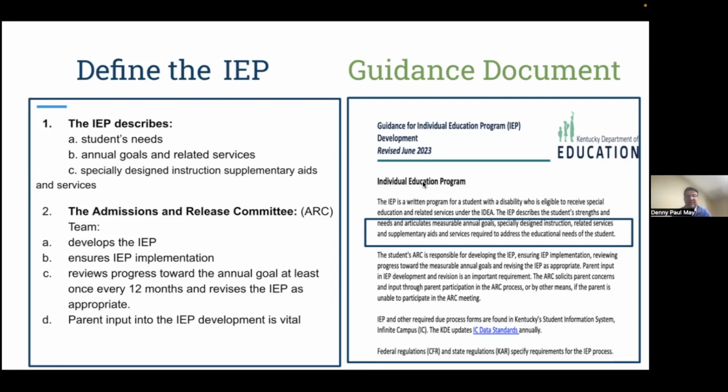So the ARC develops the IEP, and then it ensures that the IEP is being implemented. And if you have problems with the IEP, if you write goals that are too hard or too easy, or you have behavior issues with a student, or things that are not working, you're supposed to come back to the table. So looking at a caseload from top to bottom and saying, I've got 15 folders and I'm going to have 15 meetings this year for annual review, is the wrong approach, right? If we have progress data that's telling us we need to tweak something, we better do that.